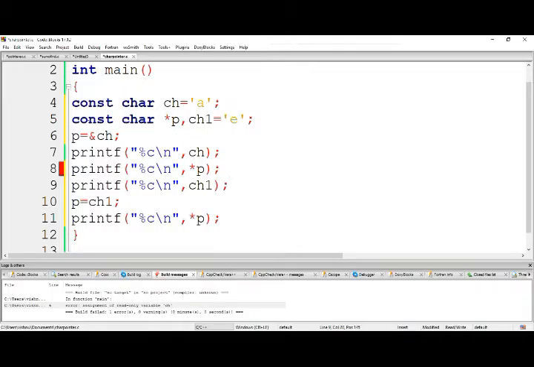Here I have said earlier, it is a normal pointer, it is not a constant pointer. It is a normal pointer that is pointing to a constant character. Here the pointer is a normal pointer, but the value that is pointed to by the pointer is a constant value. So any guesses here?